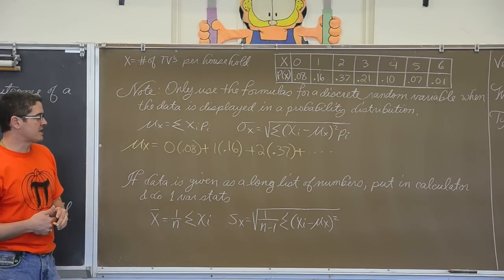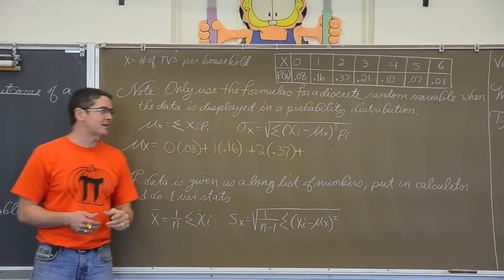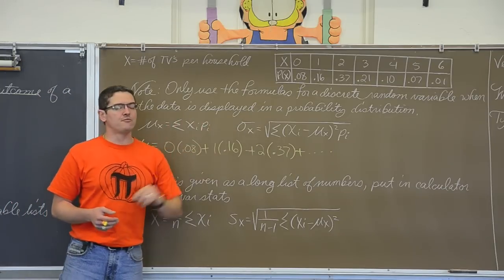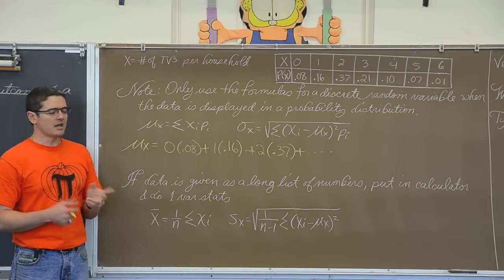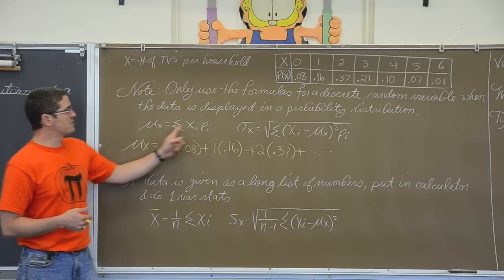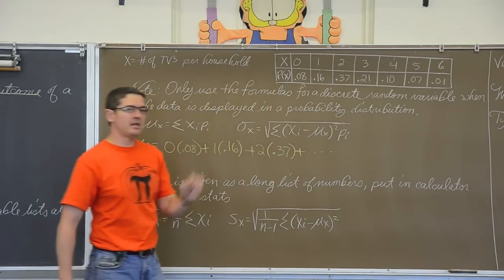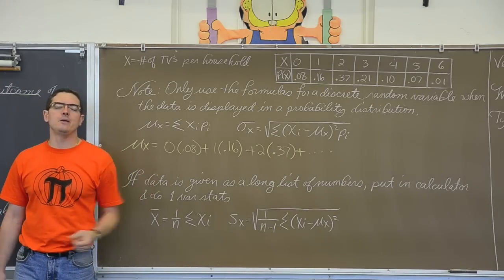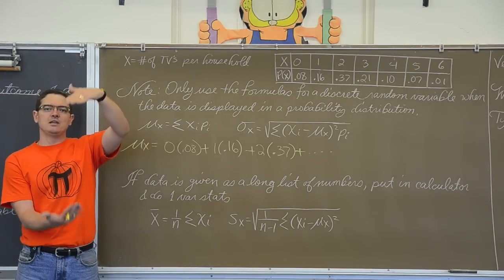If data is given as a long list of numbers, then just put those into the calculator and do 1-Var Stats. Now, you would find these formulas on your AP formula sheet under the probability section, where it says discrete random variable. You only use these formulas if you've got your data organized in a PDF table already. If I just said, hey, I asked 50 people how many TVs are in their household, and these are the 50 numbers that I got,